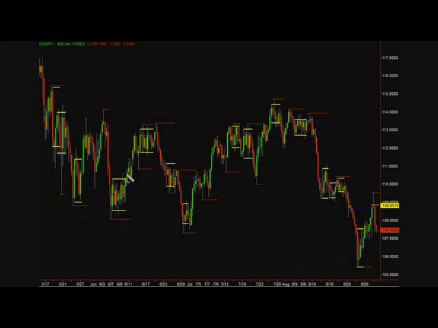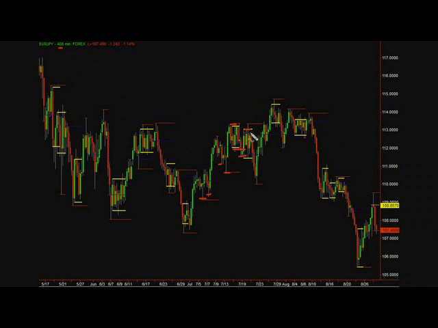I'd like to try and highlight a really simple way of identifying support and resistance. To be fair, where a chart is concerned, whether it be any time frame, this just happens to be the 480 minute chart, but the principles of price action are exactly the same on any chart and time frame. Support and resistance is essentially all over the chart, but you know what